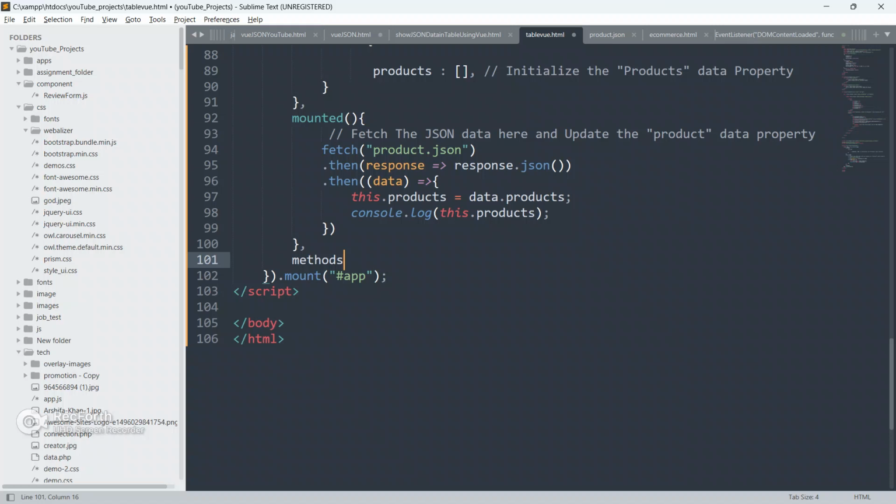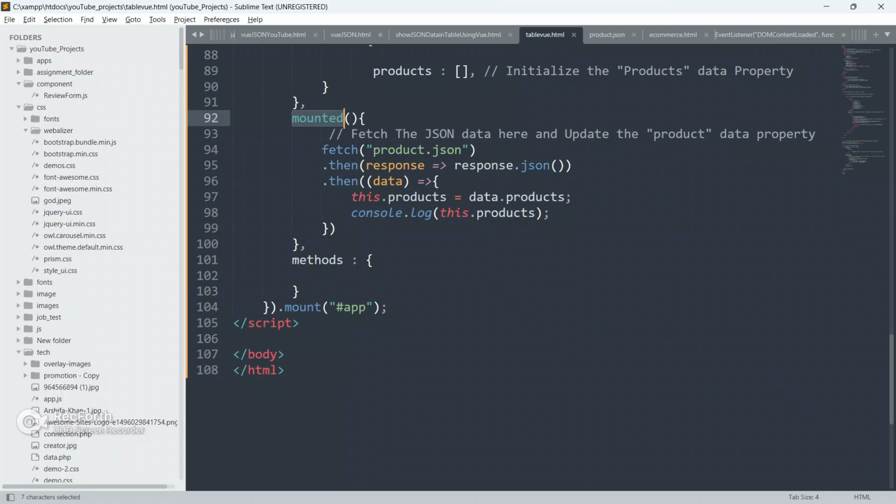Whatever you write inside the methods will not be executed until you do some kind of interaction with your element, with your HTML data. Then only this function will run. So we have to write our method here. So guys, you will ask, then why did you write this fetch function inside the mounted?